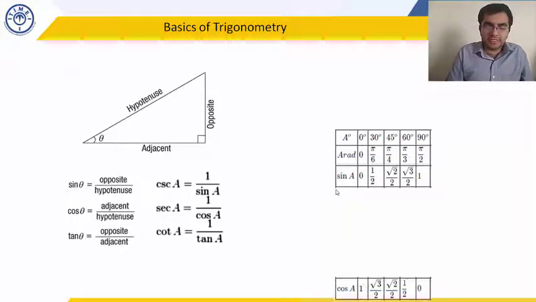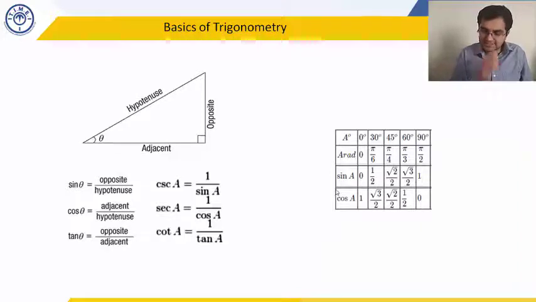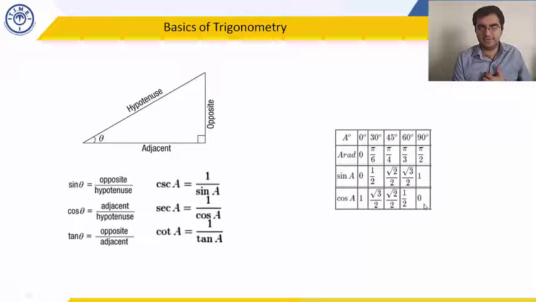Okay. Let's go for cos. Now you will see that cos is simply the reverse of sin. All the values are simply reversed. Okay. Cos 0 is 1. Cos 30 is root 3 by 2. Cos 45 remains the same as 1 by root 2. Cos 60 is half, and cos 90 is 0. So if you want to know cos 60, you go for sin 30. If you want to know cos 90, you go for sin 0.